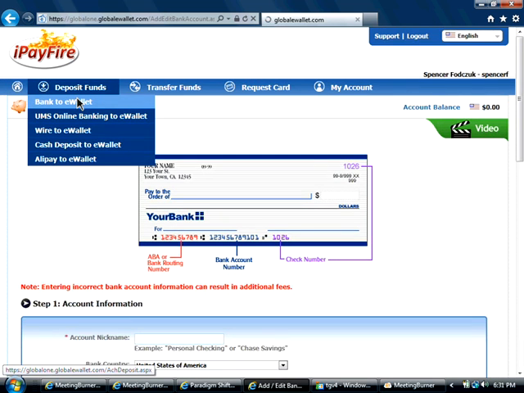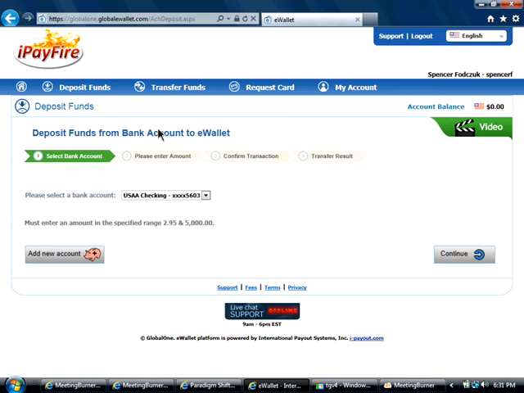Now, what I wanted to show you here is go back to this page here. Once you get this set up and all the information in, it'll look just like this, but there'll be 2 boxes right here that say validate or verify. So you need to validate or verify your account, and what's going to happen is they're going to send you two very small deposits to your checking account, less than $1, in about the next 3 to